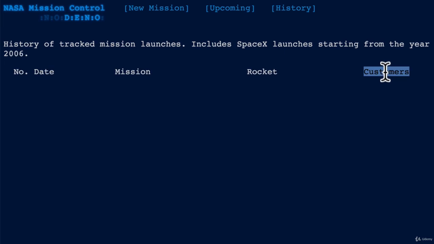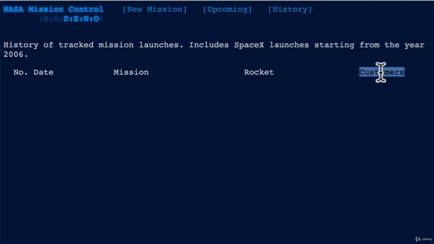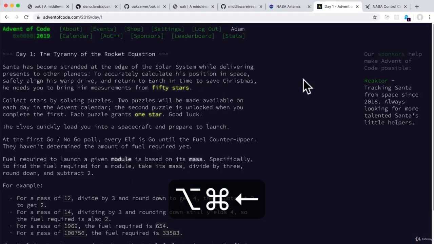Okay, now that we have a slight idea of what we're trying to build, I wanted to take a moment to give a huge shout out to Advent of Code for their simple and great design. Turns out that the minimalist design is just what NASA likes. But in all seriousness,